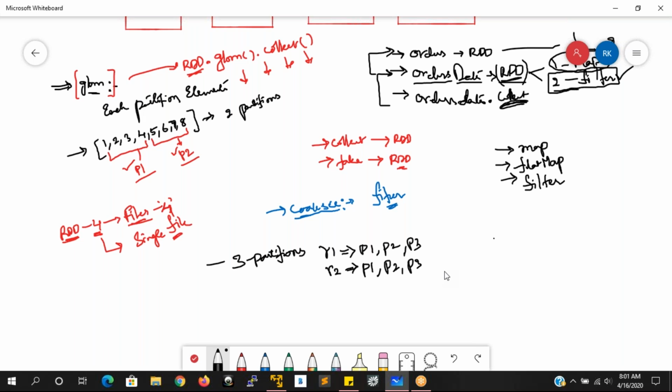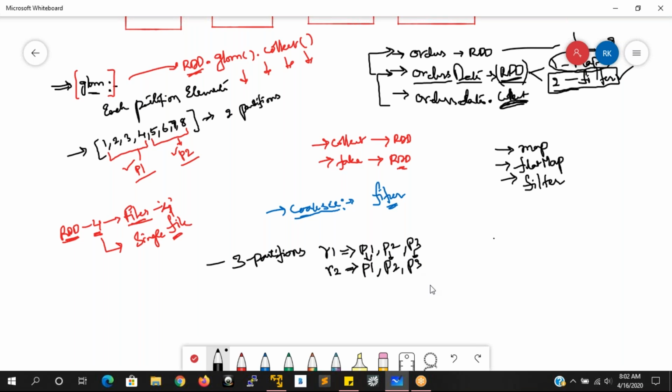If in P1, P2 we have some records, when we apply the filter, we will get less data, right? It will filter whatever we had in the previous data. So for that, one or two partitions may have the data.